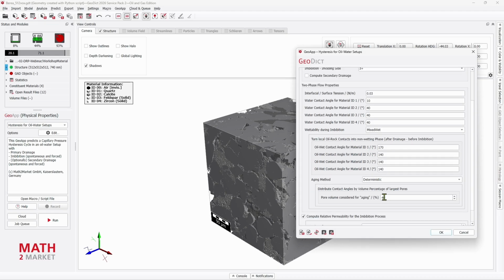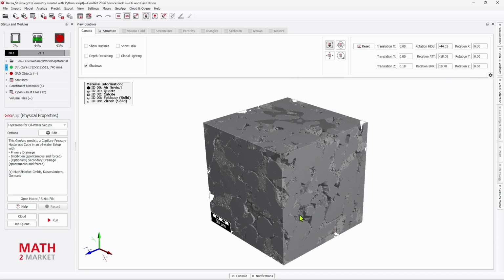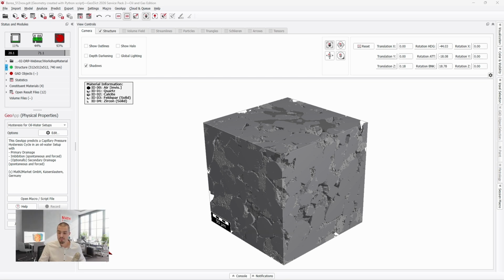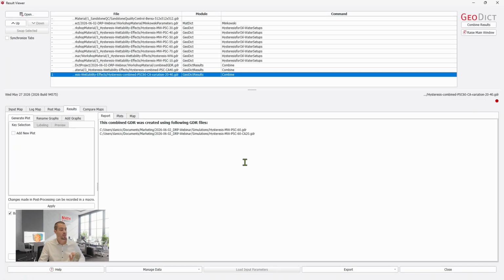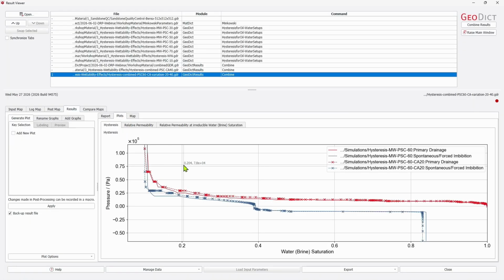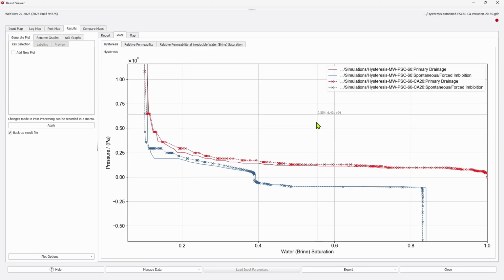Good. And here in the case that I'm going to show you, I had the pore volume considered for aging at 60%. So now again, clicking OK and run would give us results. Now let me quickly open the already pre-computed results, where we can see now the first capillary pressure curves, and